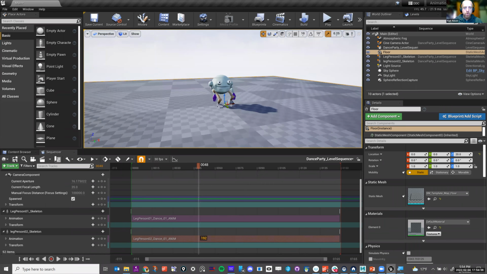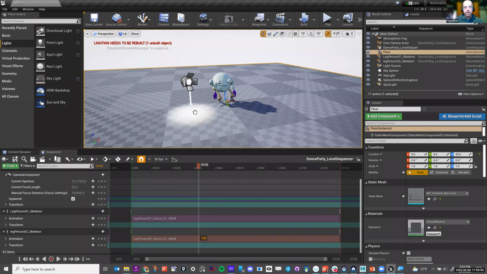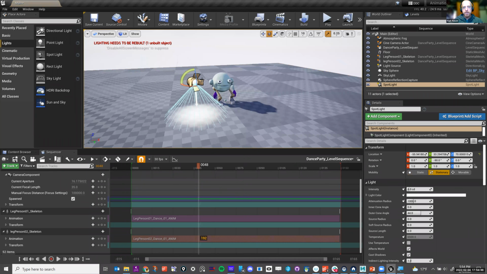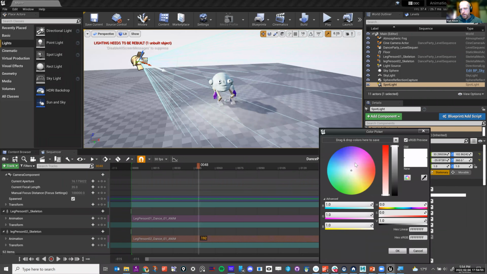I'm just going to add a quick light. To add a light in the upper left-hand corner, I'm just going to add a spotlight, and I'm going to left mouse click and drag a spotlight there, and I'll just rotate it and put some light on it. I'll pull this away a little bit, and down in the attributes, you can change the color. And so I'll just put a little red color on them.